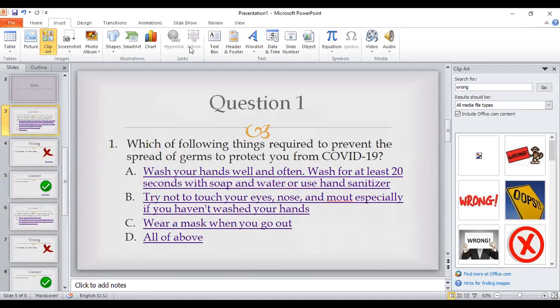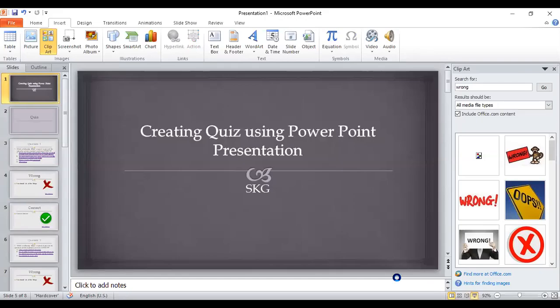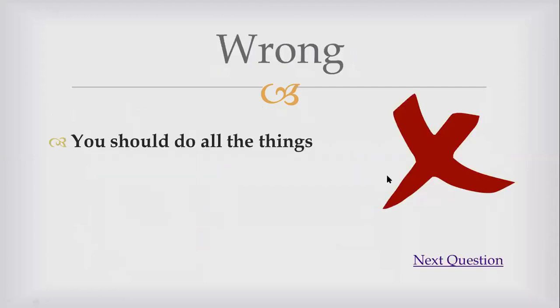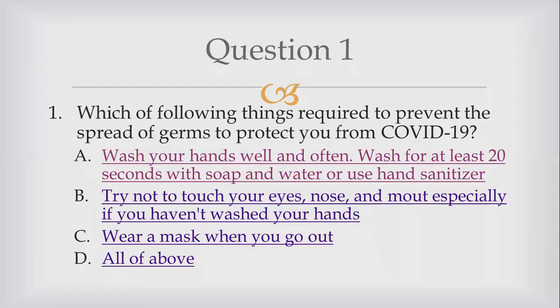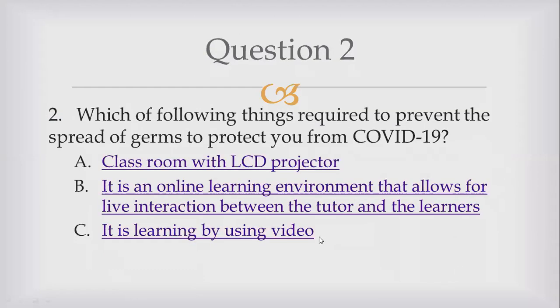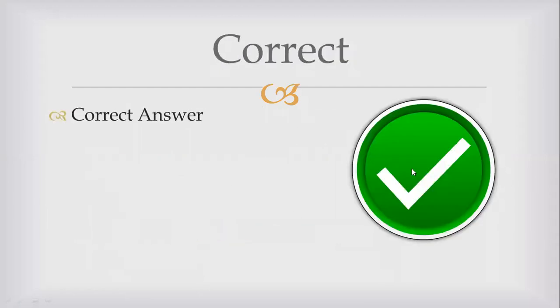Now how to execute it? We'll start the execution from the starting point. I'll execute it. Now this is a simple quiz. Here you can select any one. Suppose I select this, it will tell me, you should do all the things. So I have to go back over here, and now suppose I select all of the above. Now it will go to the correct answer and I can go to the next question. In the next question again, this is wrong, this is correct and this is also wrong, that I know. So suppose anyone selects this, then you can take the correct answer.